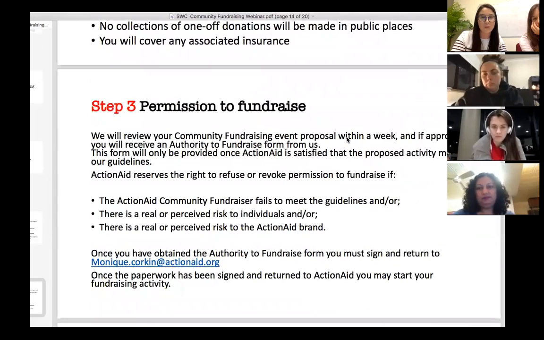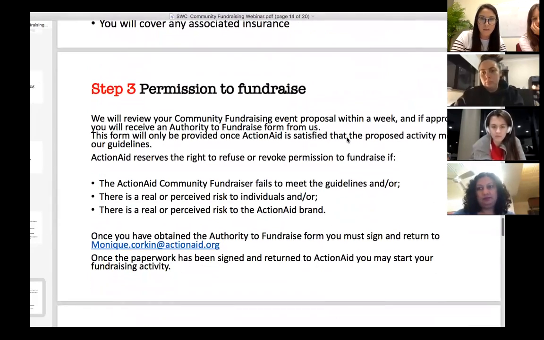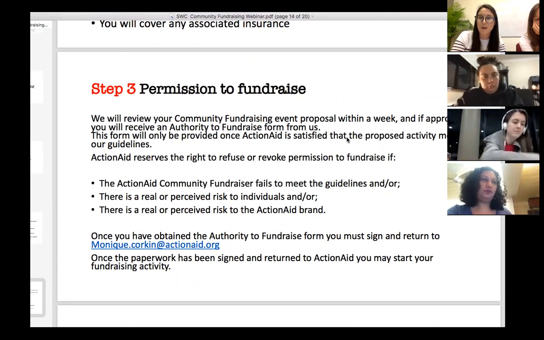Sorry, I won't read all of this word for word. It's very wordy, but you can go through and read it in detail a bit later on. But once you've been in touch with me, I can have a chat with my team and make sure that it's appropriate, and we will send you out an authority to fundraise form that we'll need you to sign and return back to me.